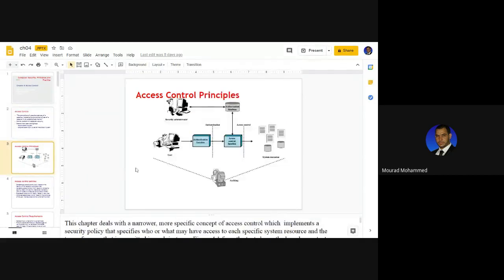What does it mean? It means you are a user. And you as a user, you'll be authenticated to a system using, for example, one of the authentication mechanisms, password-based, token-based, whatever. You'll be authenticated using one of the mechanisms. Thus, you'll be accessing the system. You are inside the system now. Inside the system, there is a central point, which is the task of an administrator.